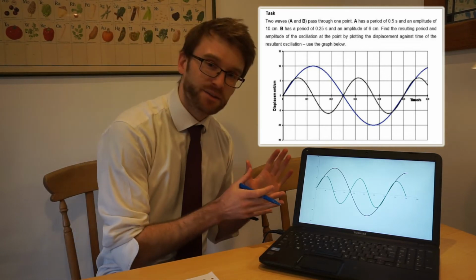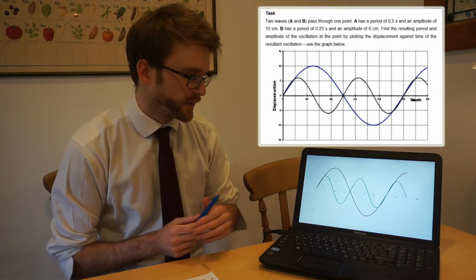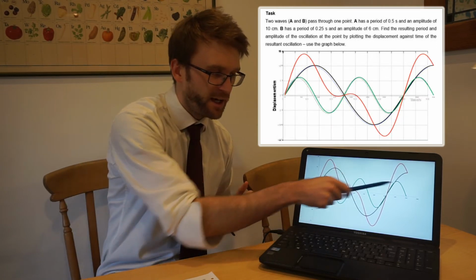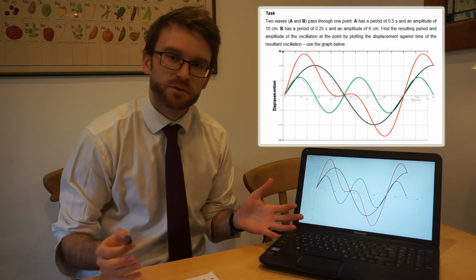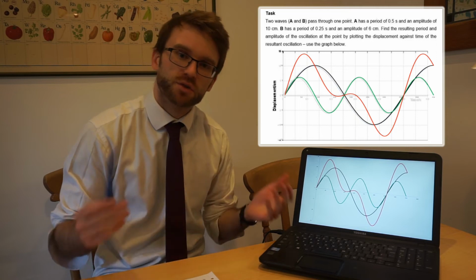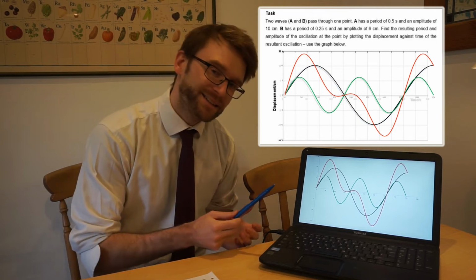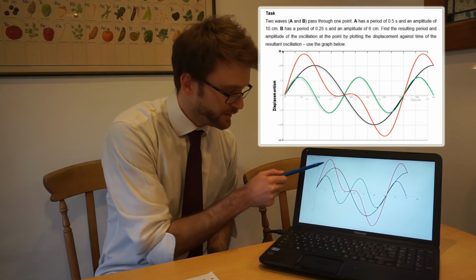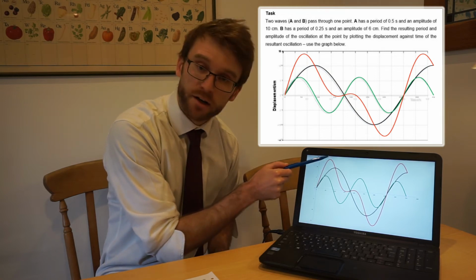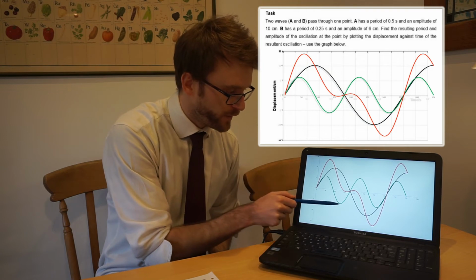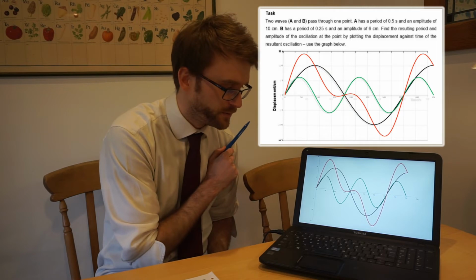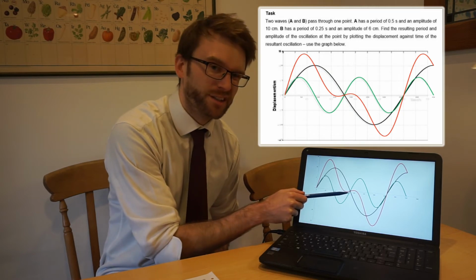So when I take the two waves in the book that look like this, when we add them together, we actually get this really weird shape. And it doesn't matter that it doesn't look like a normal wave, because this is two waves interacting. This is a superposed system. What matters is that I've added up these and got the resultant displacement. I've added up these and got a resultant displacement. Where this is negative, that cancels off with that, so I get a lower displacement. Where they're both 0, it's 0.